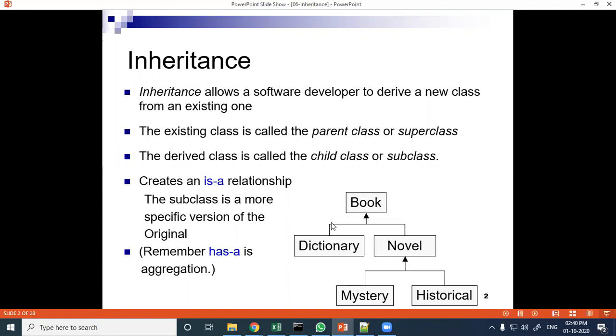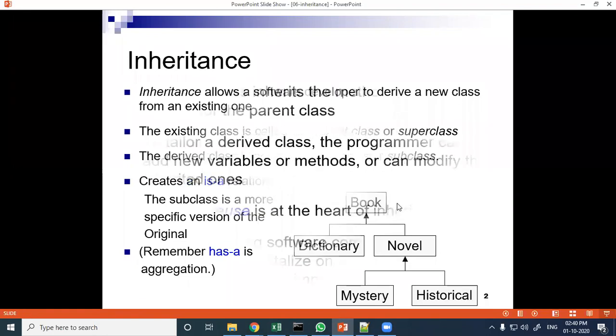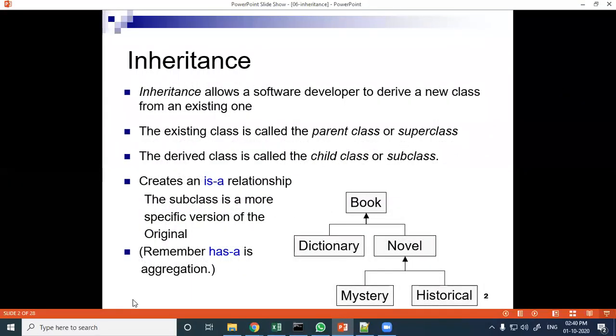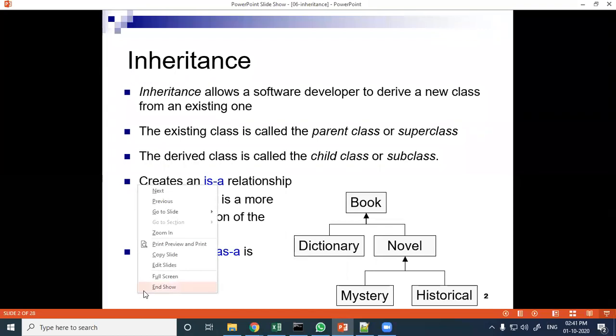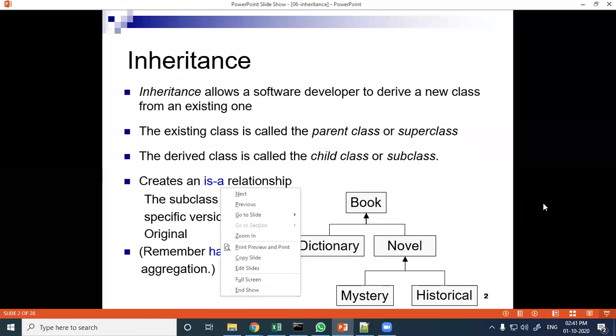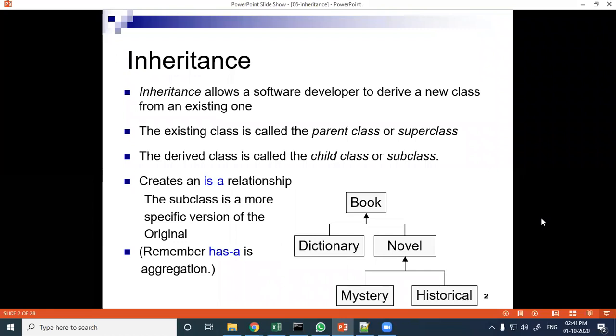In this diagram, this book is your parent class, or you can say super class, and this dictionary and novel are the child classes of the book class.